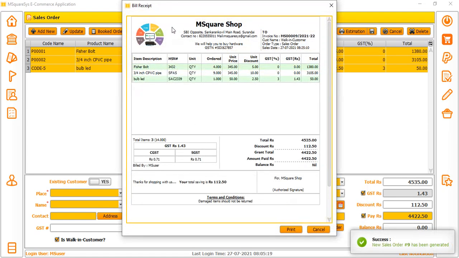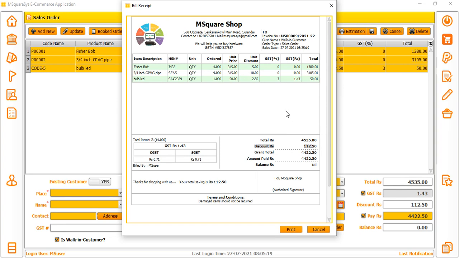It will give the information in A4 sheet print format. Here you can see on the right side at the top corner the bill detail: walking customer, sales order, sales date, what the date is and what the GST is. One is having only the GST percentage, and the overall discount we are giving.